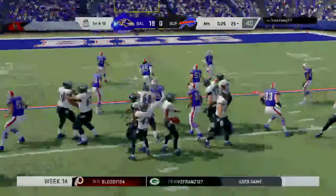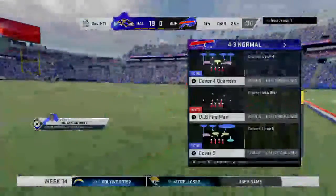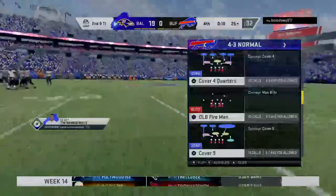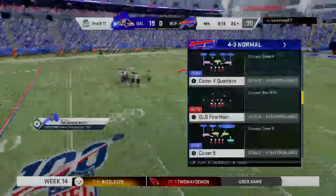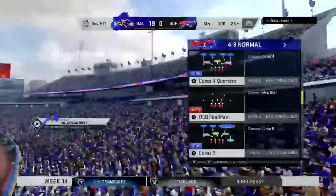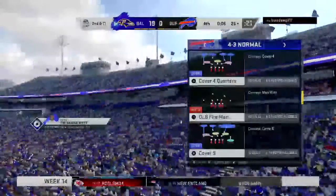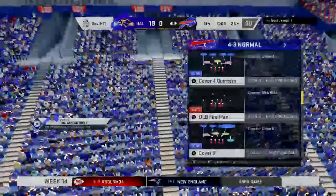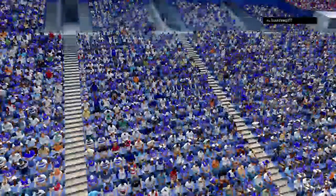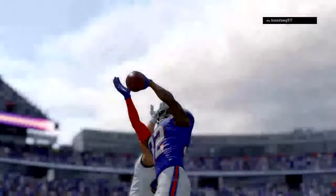The D can only stop it one more time as they take the knee. So the final seconds tick away in this Baltimore victory, and they